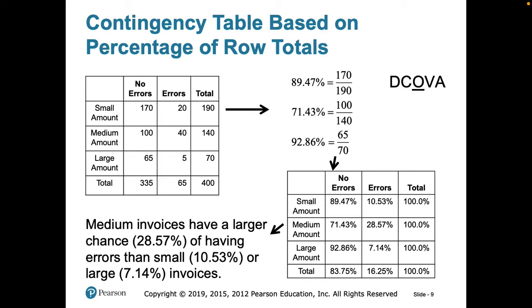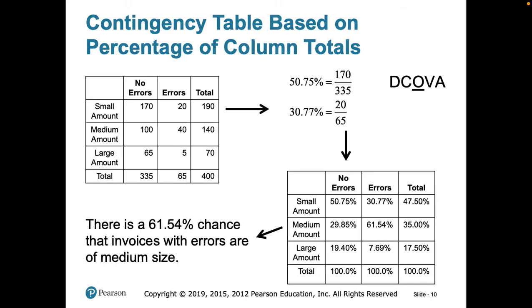And then on the third column, you get your totals for the small amounts, which are no errors plus errors. On this one here, we're presenting the same data, except that in this case, we are looking at the percentage of errors. So the first column tells you that 50.75% of all the invoices that have no errors are from